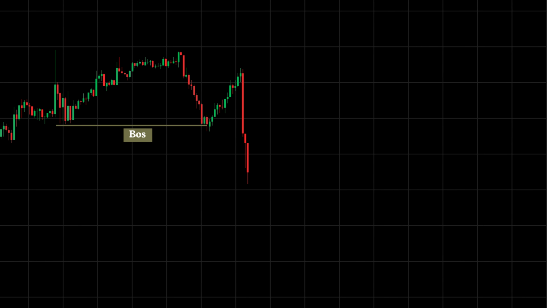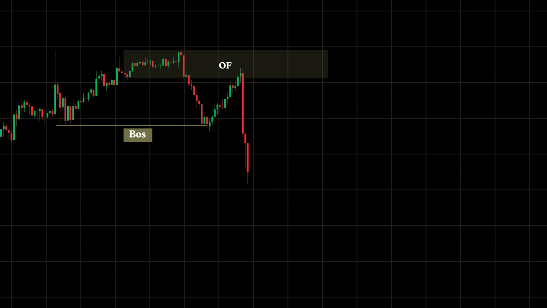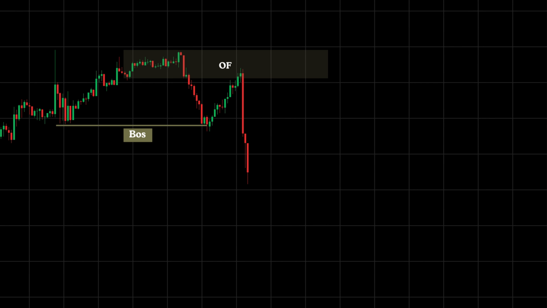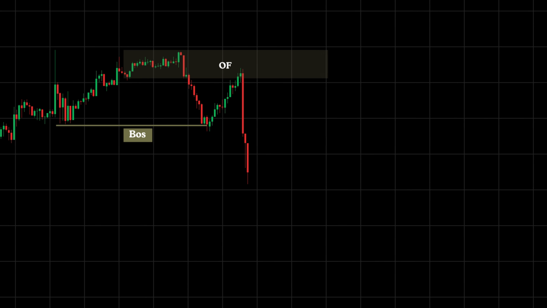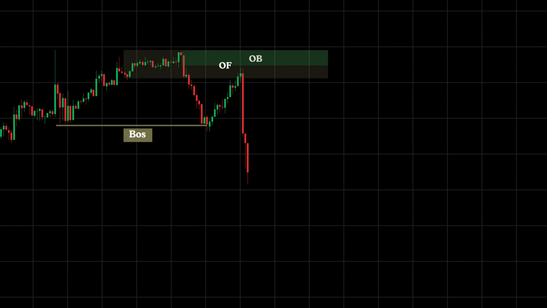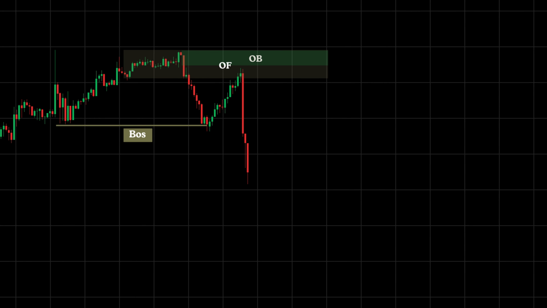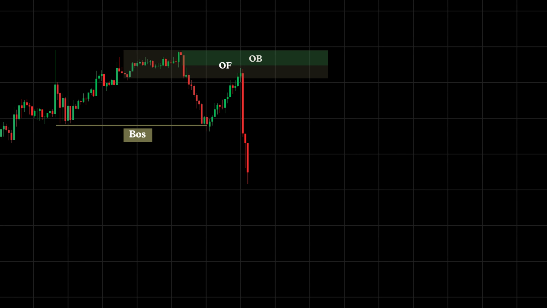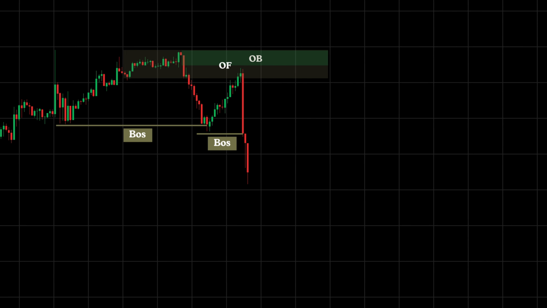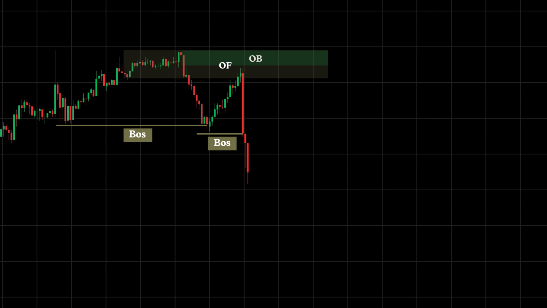Here, we have the Euro-Dollar 1 hour time frame chart, where the following price action unfolds. Initially, price broke the recent structure to the downside, made a temporary rise, and then reversed from the bearish order flow zone. It's important to note that the sell orders placed at the related order block by smart money traders were never activated. Afterward, price declined sharply, creating another break of structure with 3 consecutive red candles and leaving a